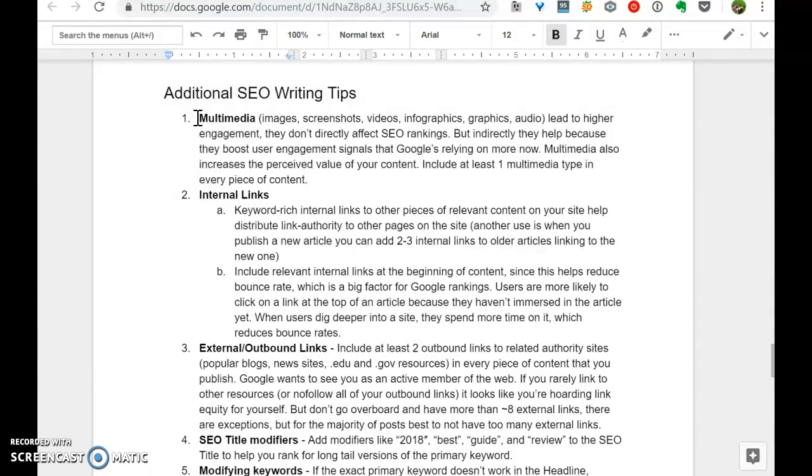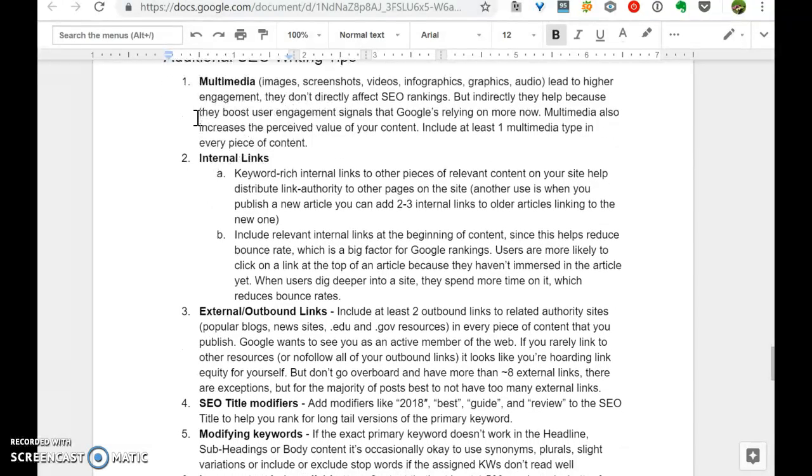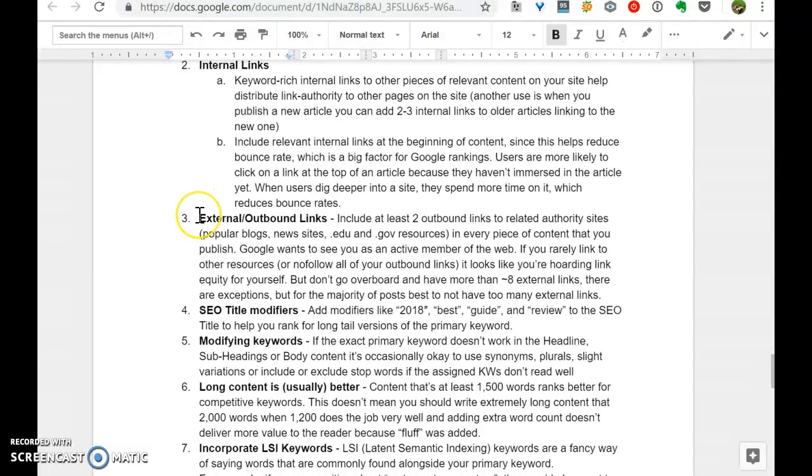It might not be the writer's job, but you might have to find images and things like that, and it's part of engagement as well. Just nice images. Internal linking is also important. Outbound linking is also important for a writer, because that's how the internet works.